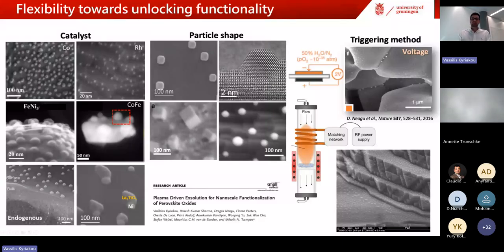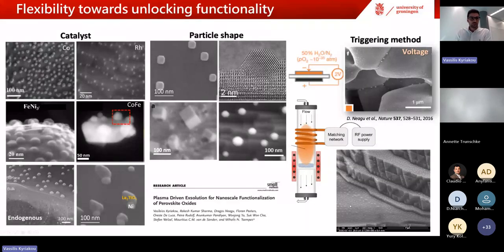beautiful results very fast if you apply a very high voltage for some seconds. You see here the nickel exsolution after voltage imposition. And we also demonstrated how you can do that with plasma, because back at DIFFER, when I was doing my postdoc, we were doing beautiful science with plasma. And since this is an environment that can be reducing as well, we thought, why not expose our materials to nitrogen plasma, for instance, that is typically inert if it's not in a plasma state. And we could achieve these amazing heterostructures.